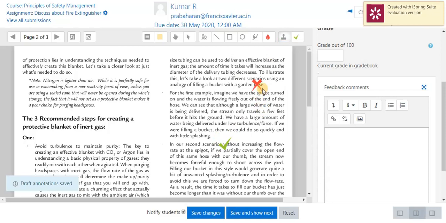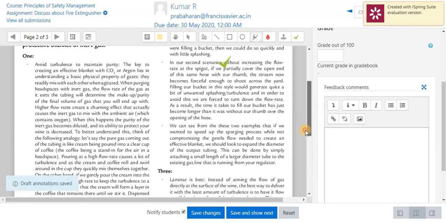Like this I am able to correct this assignment. If I want to highlight any line, I am able to highlight by means of the line option or the highlighter tool. So easily I am able to correct his page.